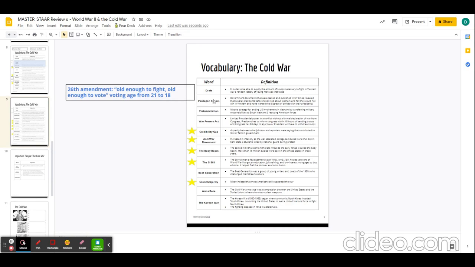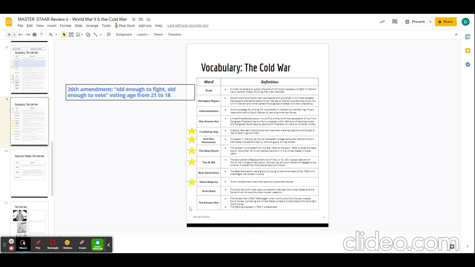The Pentagon Papers, Vietnamization, that all has to do with Nixon. Pentagon Papers kind of furthered America's distrust of the government. Vietnamization was Nixon's policy of turning the fighting over to the Vietnamese people. And one of the big outcomes of the Vietnam conflict is the War Powers Act that says, no more can the president just have a blank check to do what he needs to do militarily, that you have 60 days to deploy troops, and after that you have to have congressional approval or the troops come home.